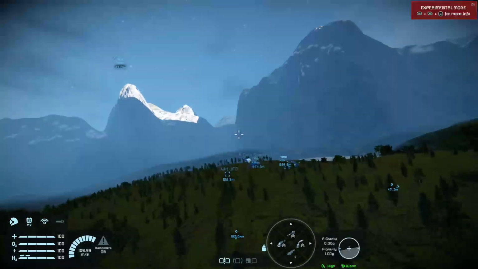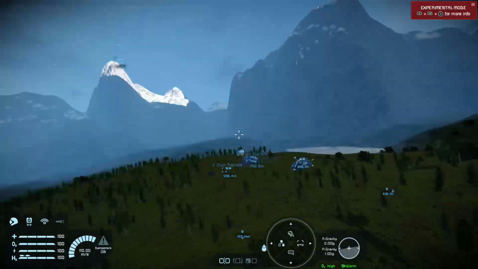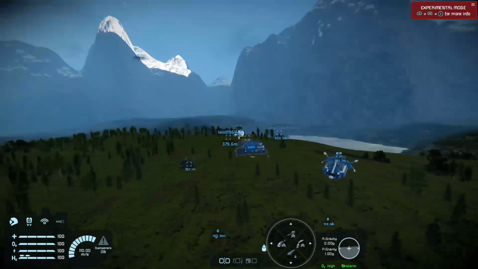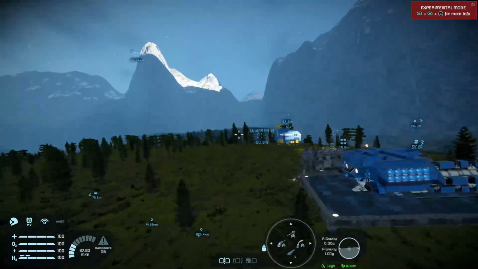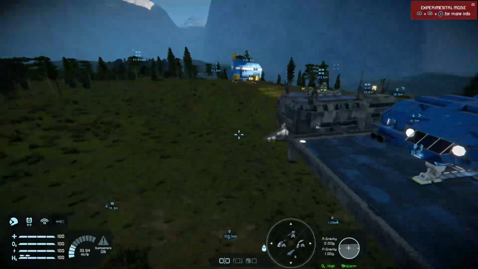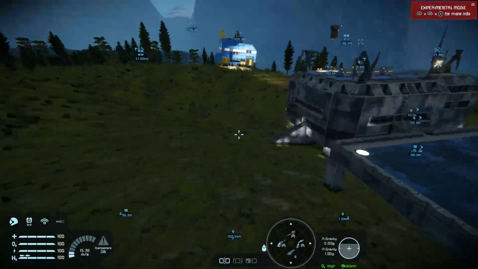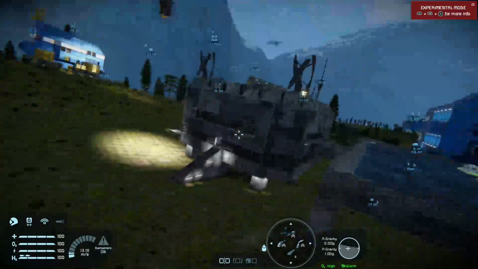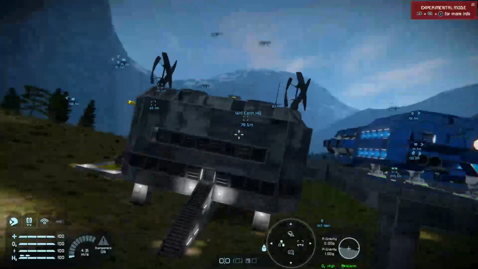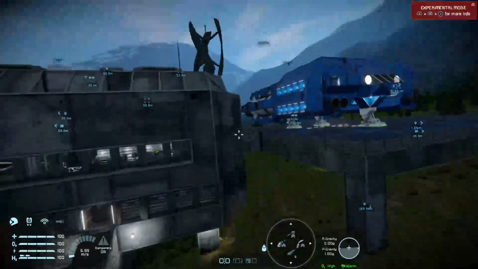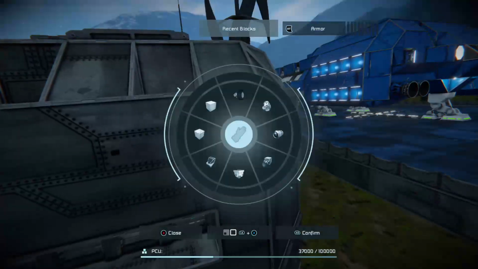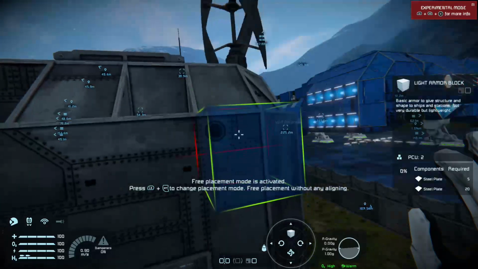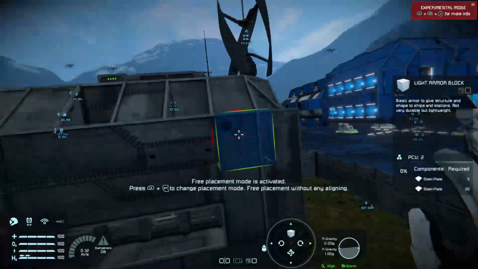This works on pistons and on rotors. So I'm going to very briefly, and I say very briefly, in real time, do a little bit of fiddling on my base and construct a thing for you.